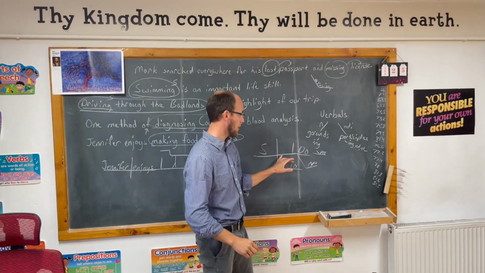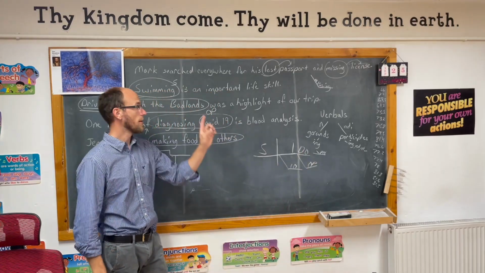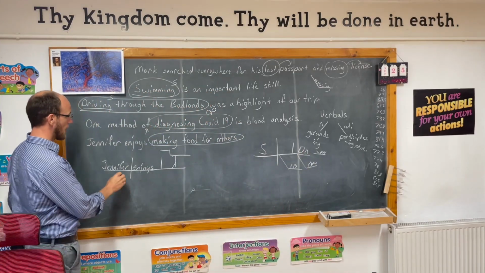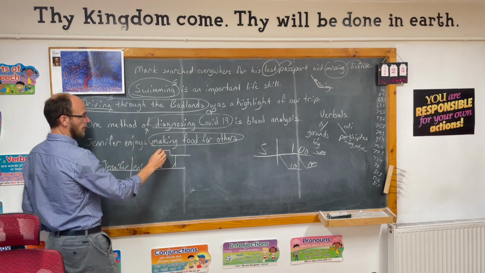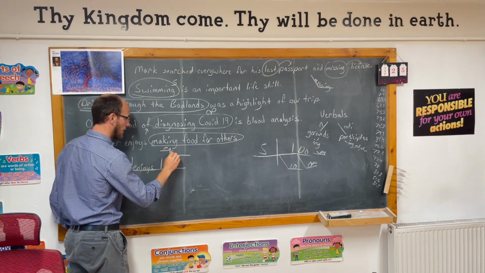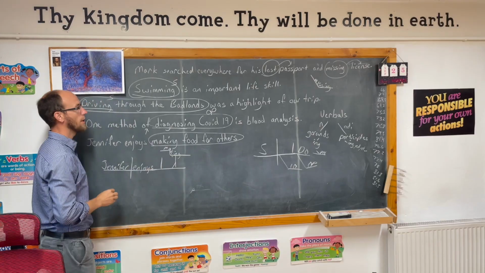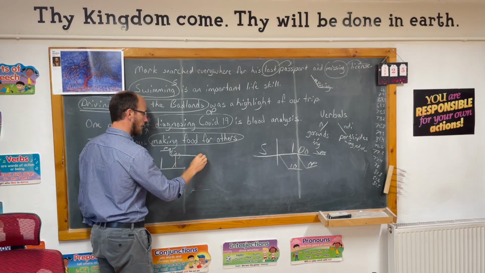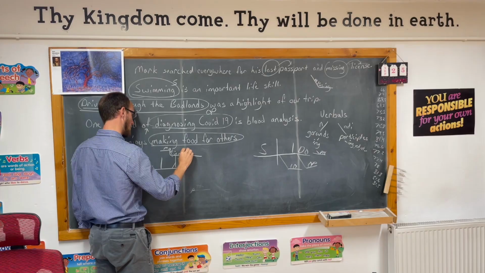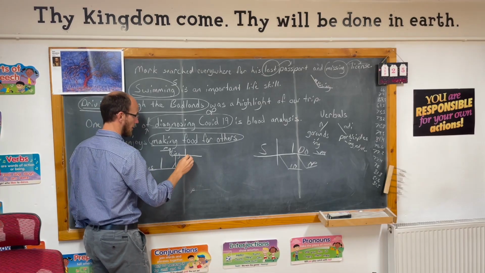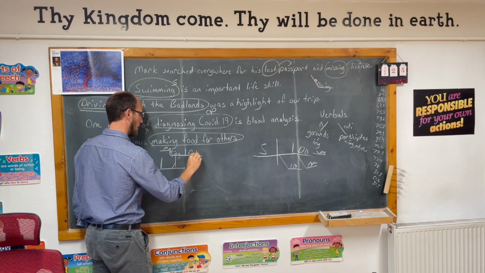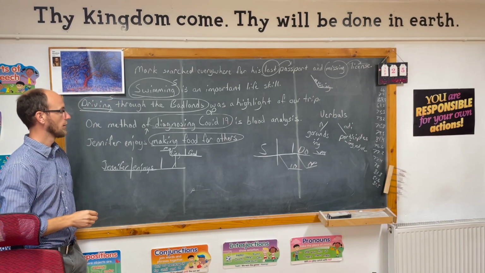These are adjectives. We always put adjectives under the words they modify. They get written around the corner. Okay, Jennifer enjoys, and we'll put the gerund down here. Making. Spill it over. Making who or what? Again, since it's a verbal, it's kind of like a verb, so it can do verb stuff, which has a direct object. Making food.